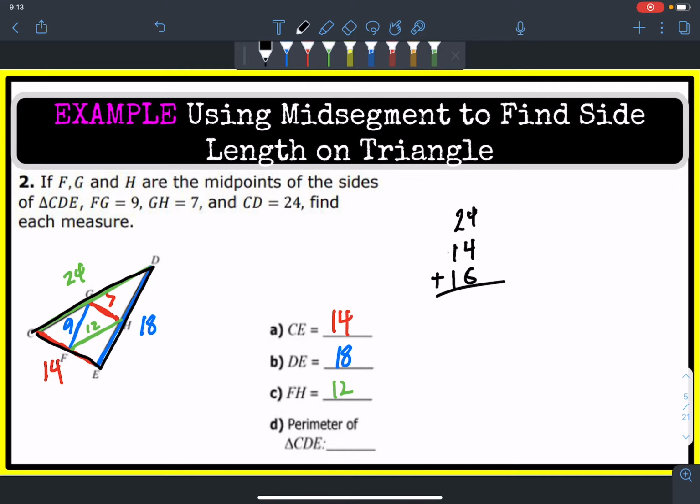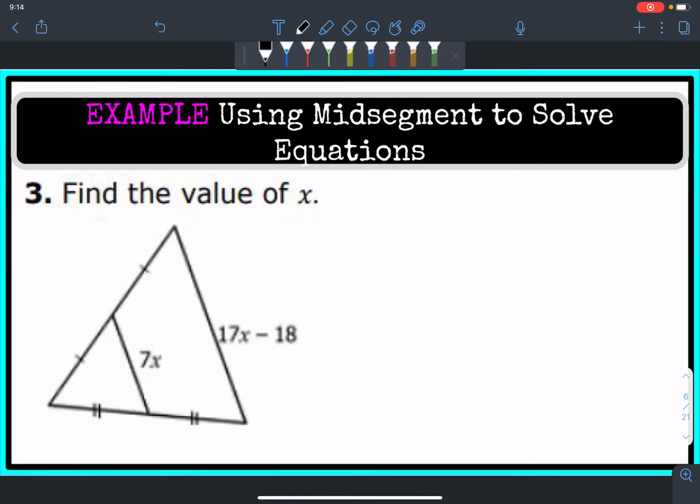Sorry, that's an 8. Let me write this neater. So we're adding 24 with 14 and 18. This is equal to 16. Carry the 1. 56. So that's the perimeter of this triangle, 56 units. So moving on to our third example, let's see how we can use this mid-segment idea